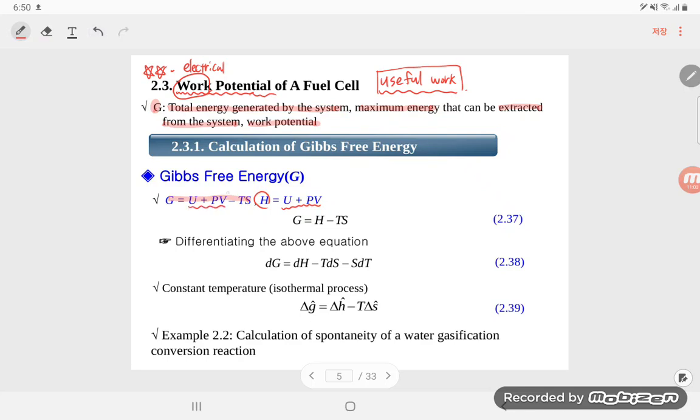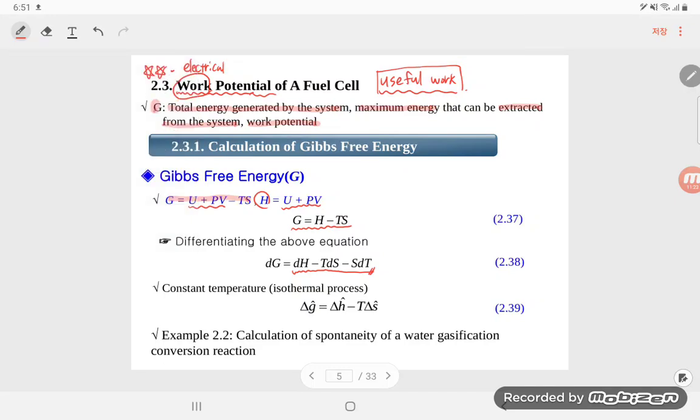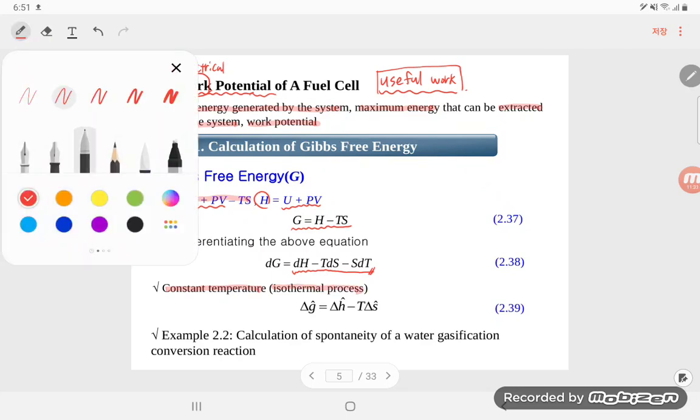U plus PV. So Gibbs free energy equals H minus TS. If we differentiate this G, then we get dG equals dH minus TdS minus SdT. And how about assuming constant temperature? We call it an isothermal process. Then dT